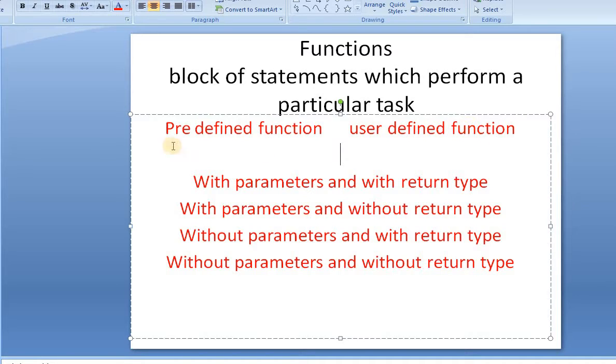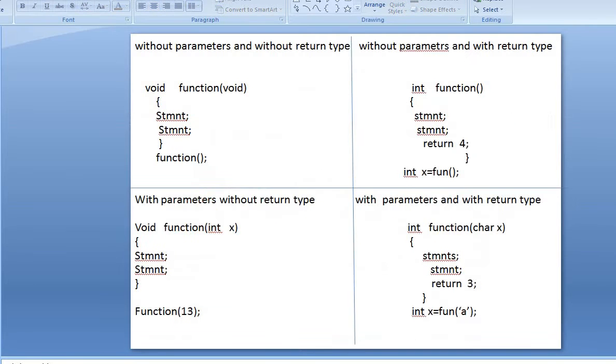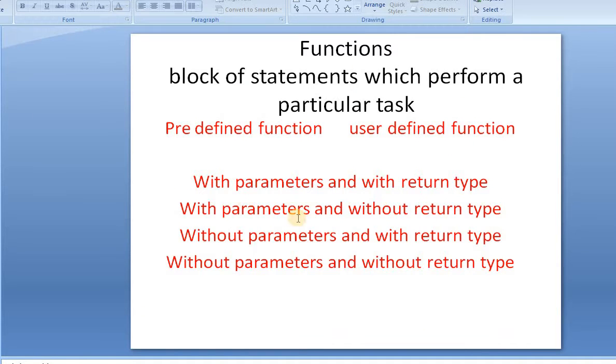And we have four types of user defined functions. Those are with parameters and with return type. So what are these parameters or arguments? It is nothing but an input we pass. I'll tell you about these parameters and return type.